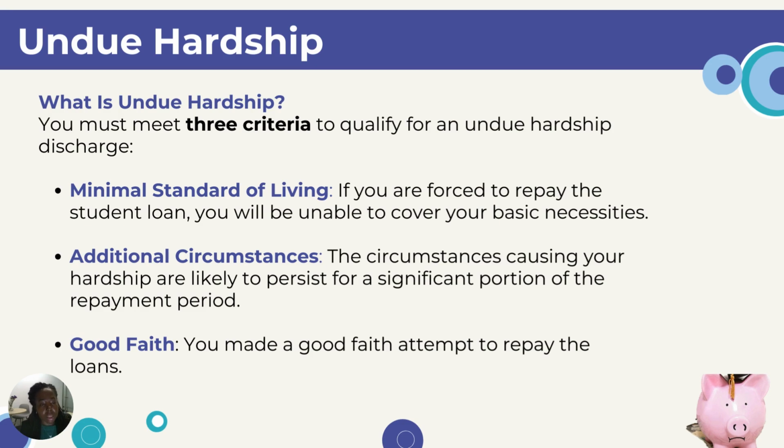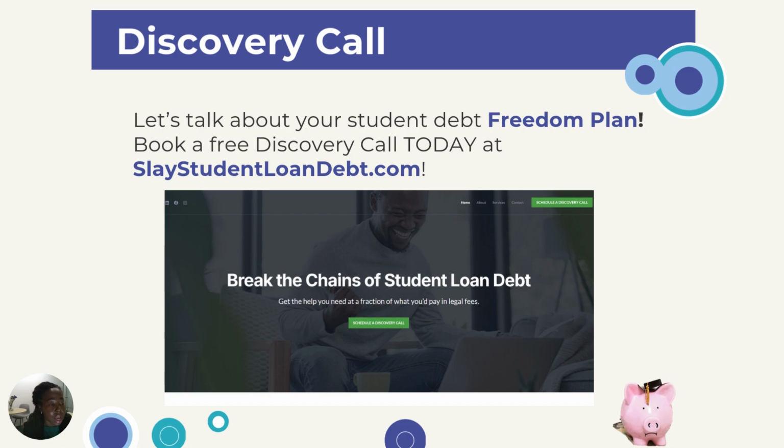Okay. And this undue hardship test is called the Brunner test. This is from a 1987 case, and you can look that up and learn a little bit more about it. So, Brunner. Okay,